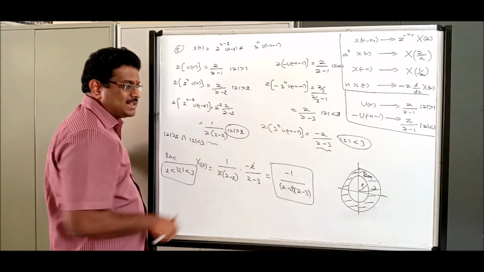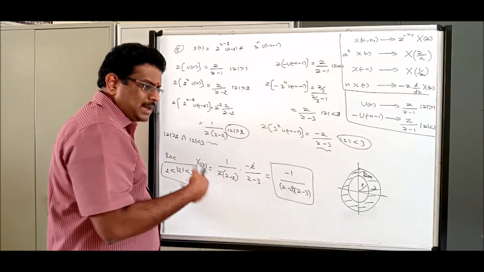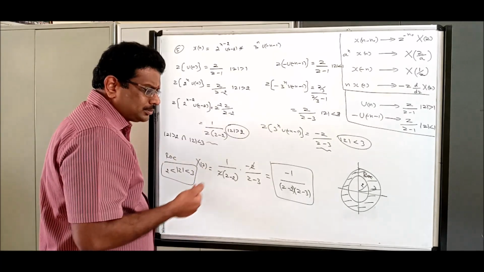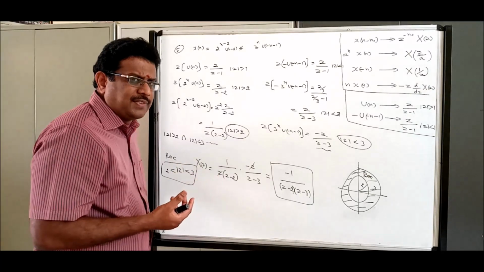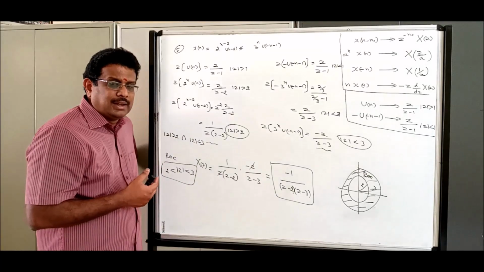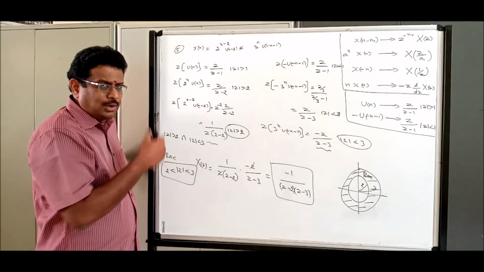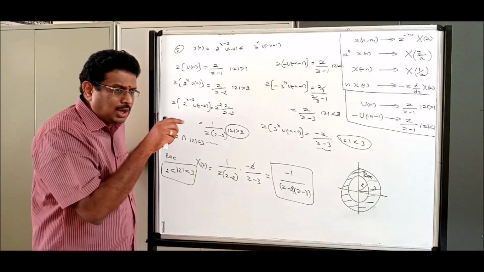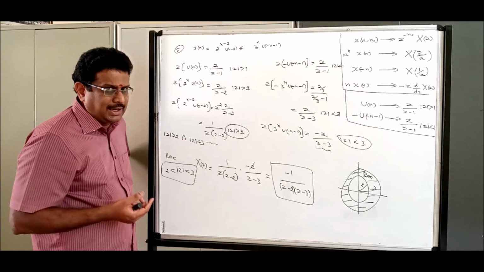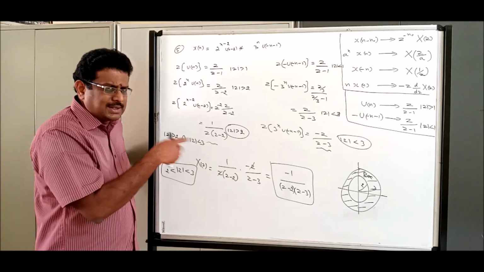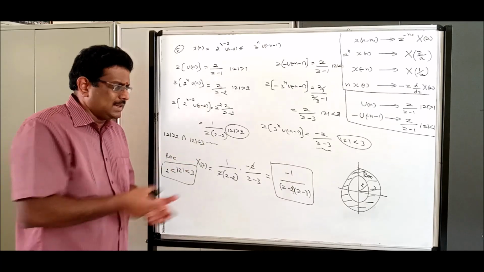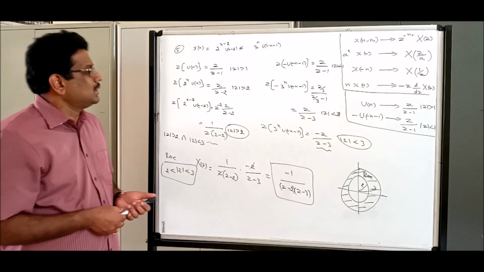Okay, these are all the facts you should know. And still some more properties are there. That is, if the given problem is finite, ROC is entire Z plane. We have discussed this when I did the basic problem, and there you should not have any poles. So ROC does not contain any poles, and ROC is always a circle because of the polar. All these things are the properties of the ROC.